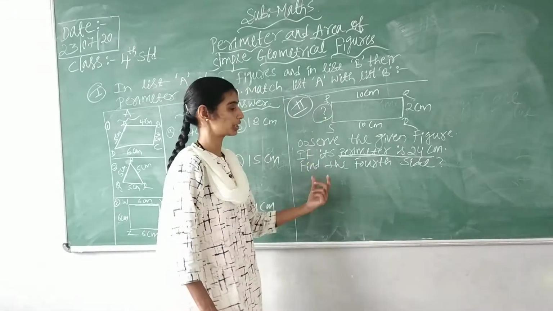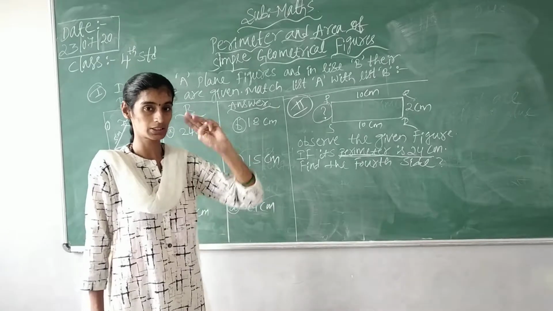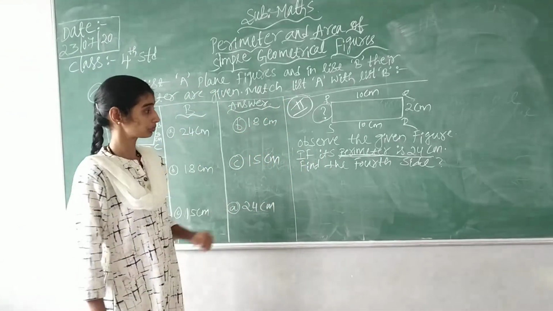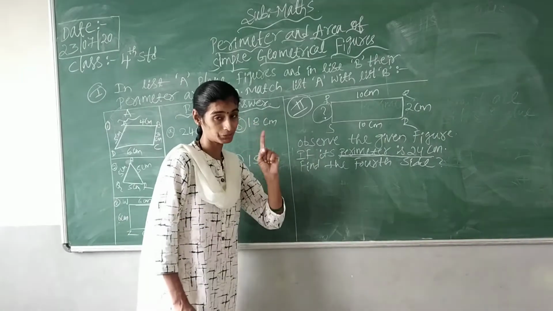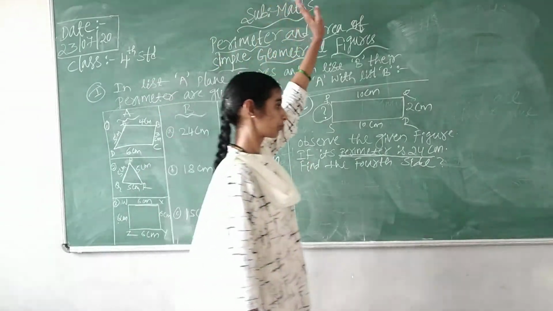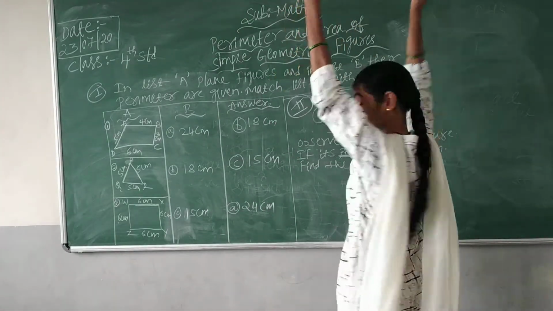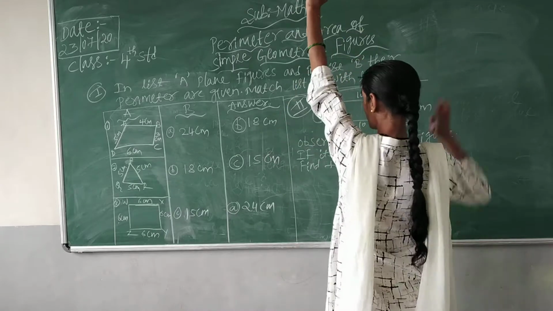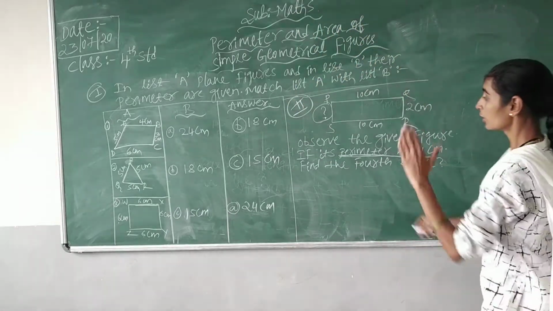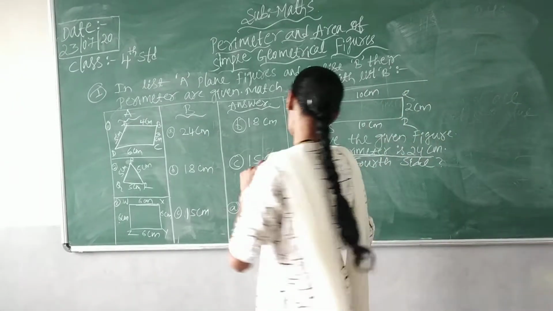So how to solve this, children? Yes, you will be having nearly 2 to 3 steps to solve this type of question. So what will be step 1, children? Step 1 is that on your left side, I hope you all know this is your left hand and this is your right hand. On your left side, you write the sides.